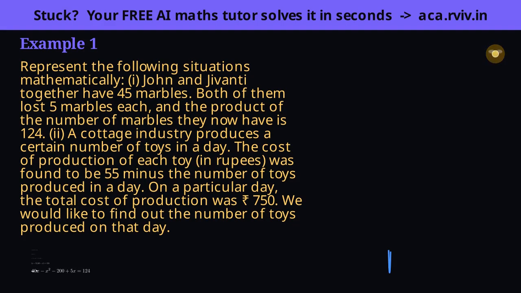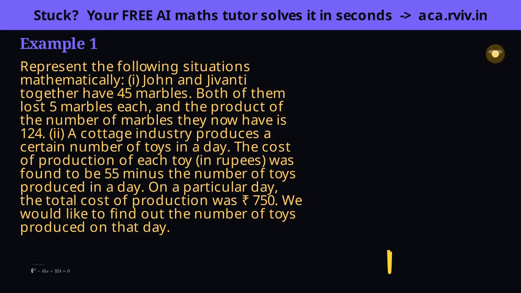Now gather like terms. The 40x and 5x combine to 45x, and to reach standard form we sweep everything onto one side, leaving 0 on the other. Watch the leading term, it came out negative. A negative x squared is awkward to read and factor, so multiply every term by minus 1 to flip all the signs and make the leading coefficient positive. This changes nothing about the solutions. It's the same equation wearing tidier clothes, and there's our first quadratic.